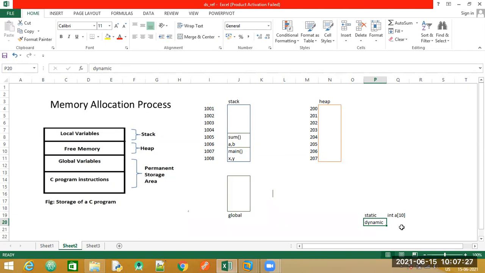This memory is allocated only at the time of execution of the program, when you are trying to run the program. At that time the memory is allocated.